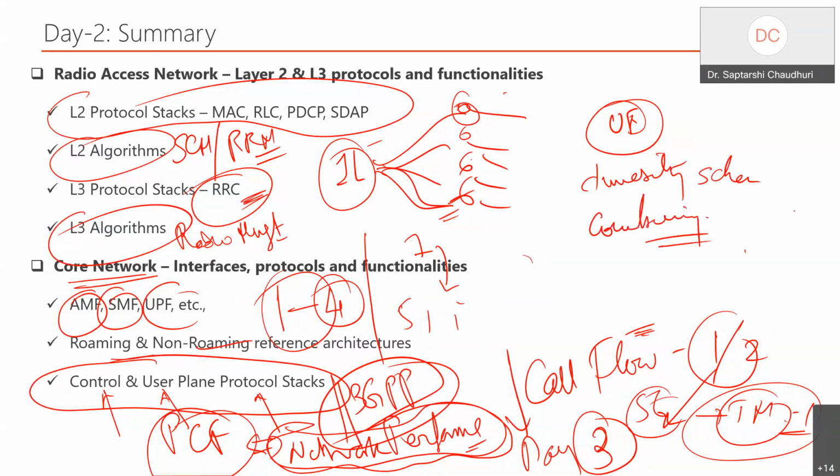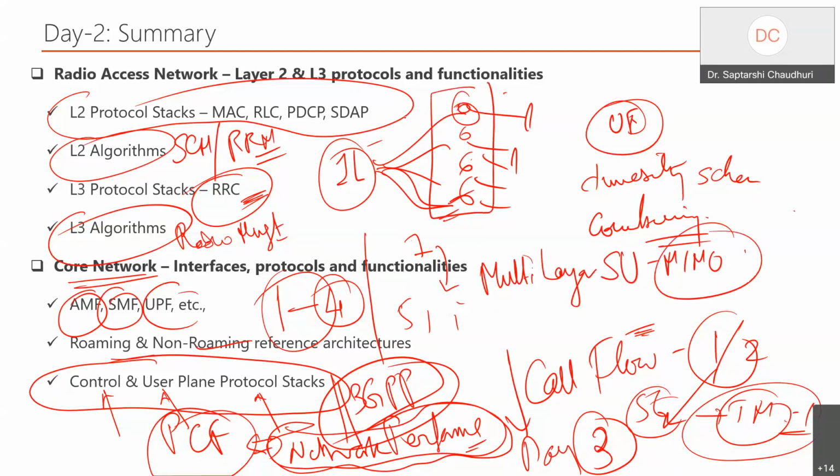We can tell him that if any fading happens in any one of the links, using the diversity combining, the mobile can come out of it, and vice versa. Now, as the standard went on, we started doing what we call multi-layer transmission, which is the single user MIMO part of it. This is just one layer from the RF point of view.